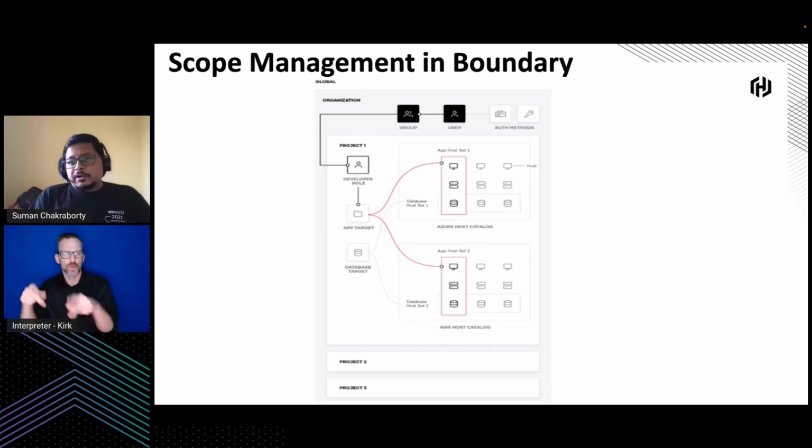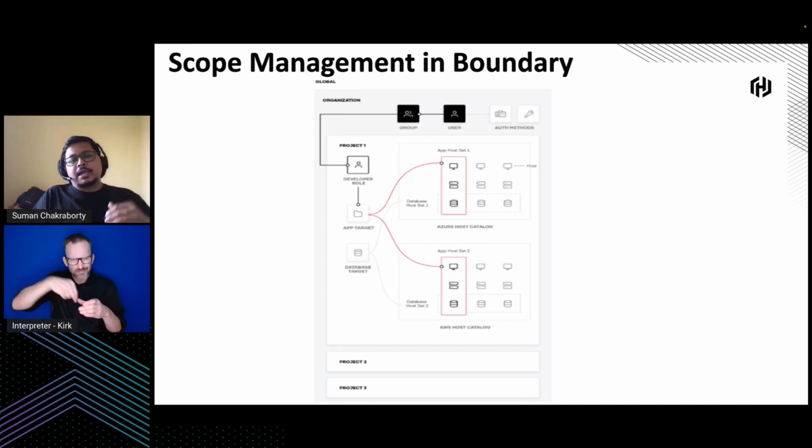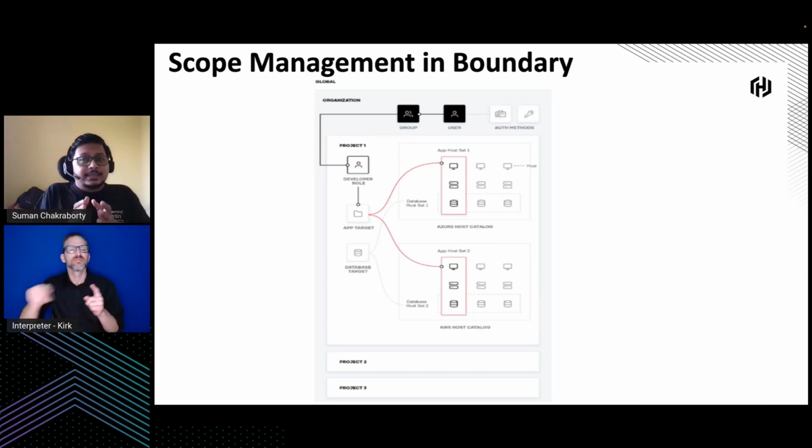So one of the important factors to consider in Boundary is scope management, which basically states how you are going to set up your entire organization. So on a very top level, Boundary works in a very hierarchical fashion, where you have the global level. Under global, you have something called an organization. Organization is where you specify which users should be allowed access to your environment, and what kind of roles they should be allowed. They would be given some actions. So they can be an administrator, they can be a developer, giving limited or read-only access to the users,